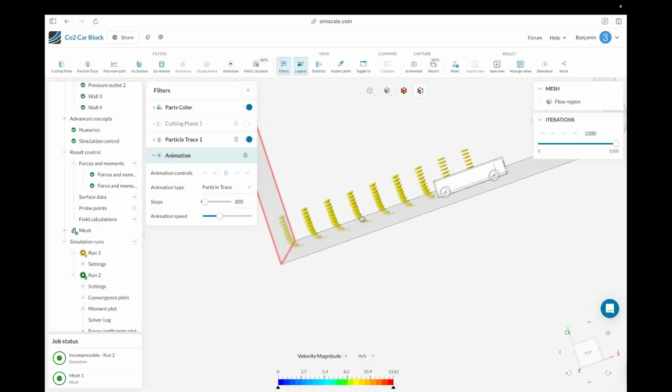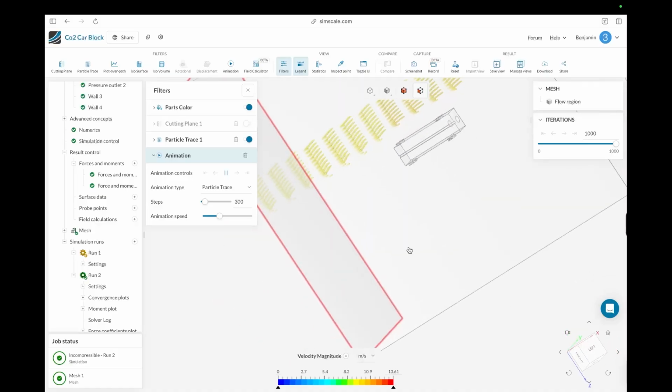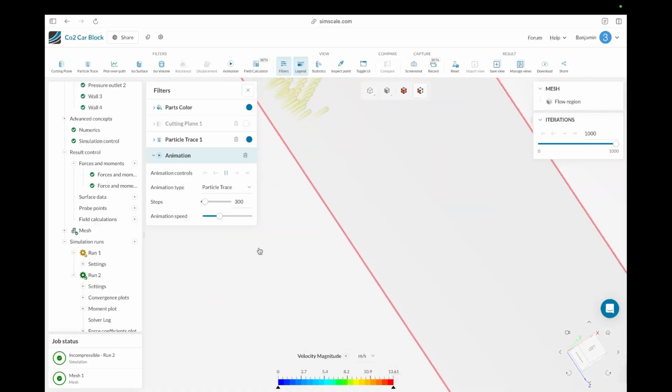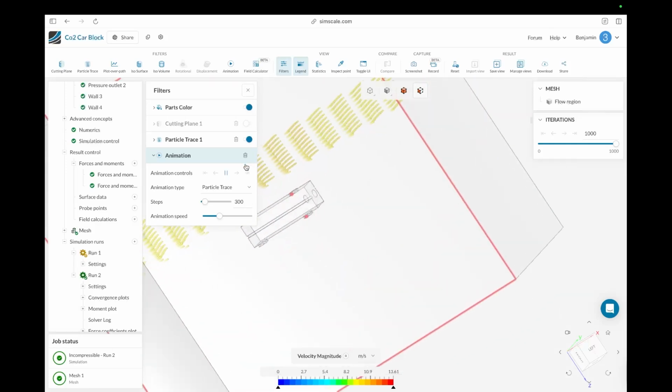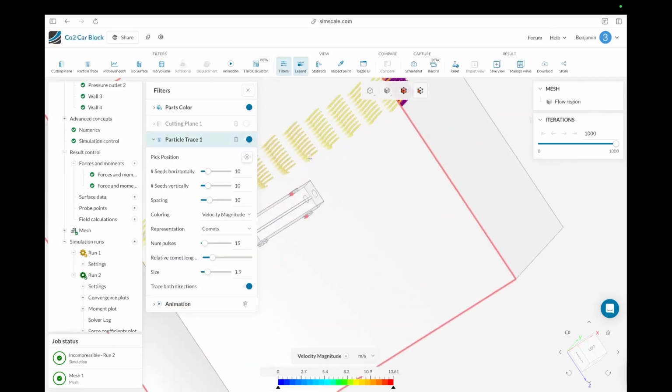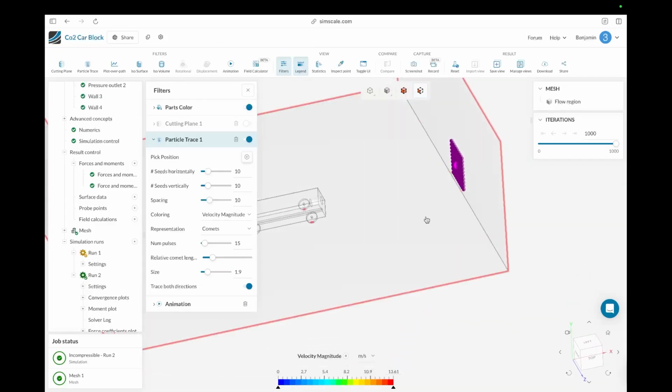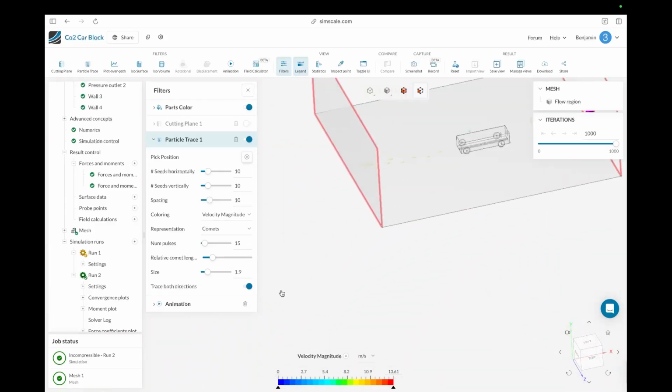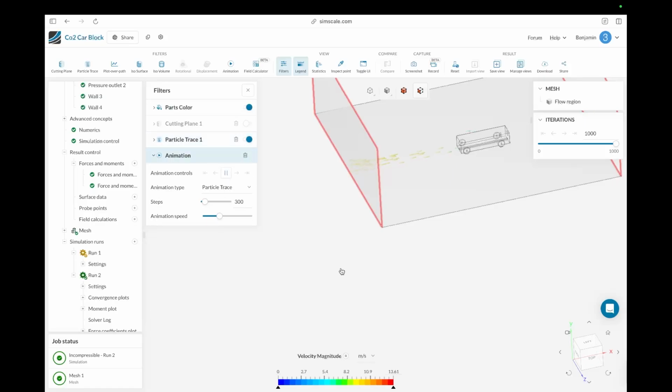So I've also selected a position. You can see how this is how the air is flowing next to the vehicle, and it's not really changing at all. So we're just going to re-pick our position, and we're going to pick somewhere a little bit more appropriate, maybe there. And then when that loads up, we can play our animation again, and you can see the